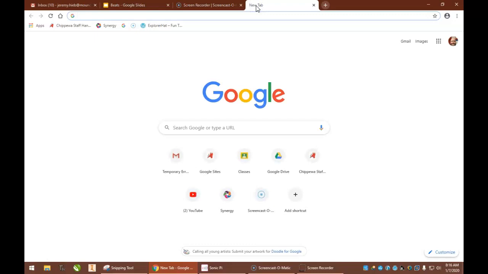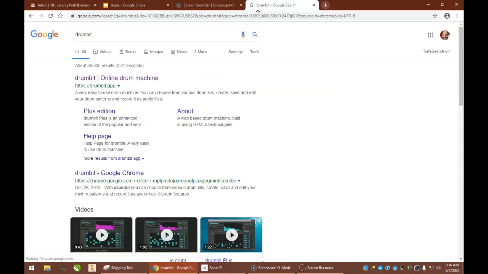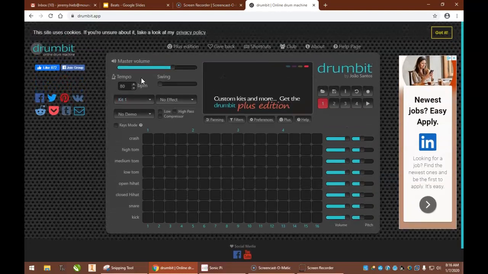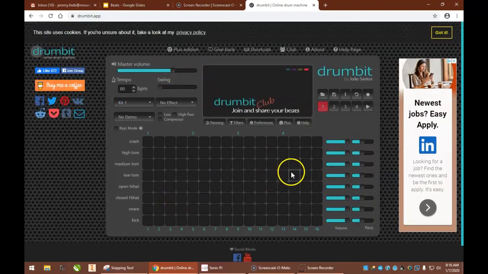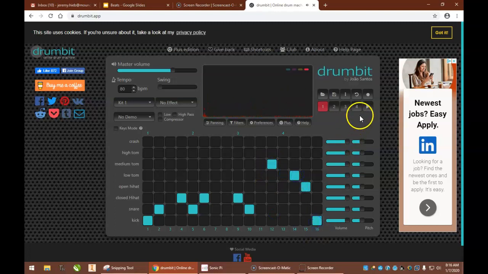You're just going to go to open up a tab and type in Drumbit. Now, Drumbit is an online drum machine. So when we click on this, this drum machine pops up. Now, this drum machine, when we click on these, it creates different sounds. And when we click on this run button in the right-hand corner,